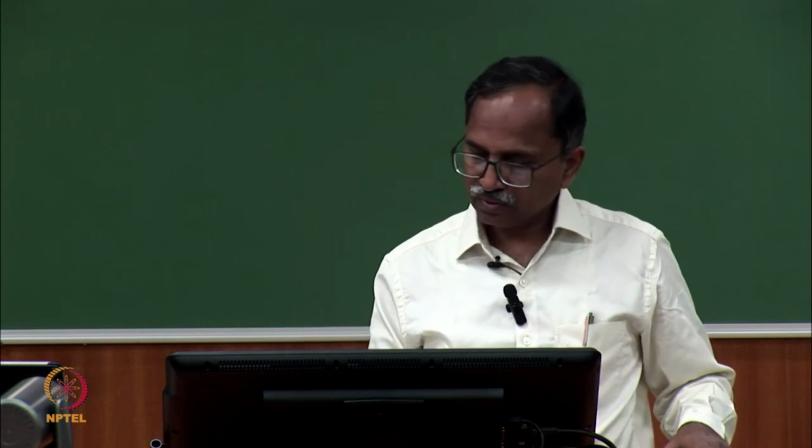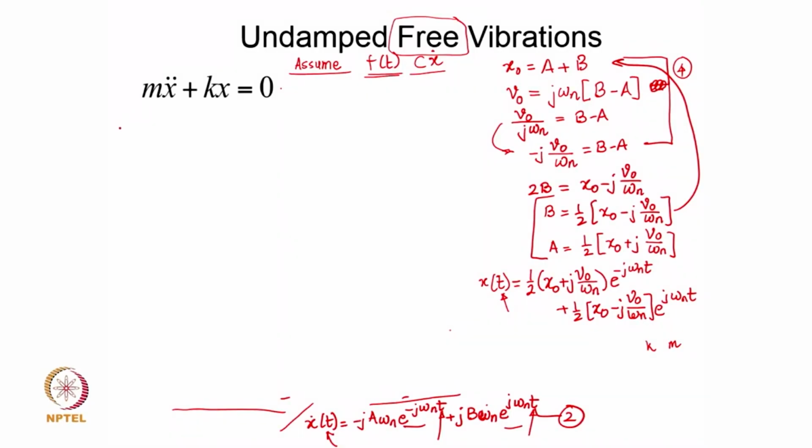So, I have this equation already there. I will write it this way: x of t is, for convenience sake to start with, instead of using all of these, I will write this particular term as a plus j b, and then this of course becomes a minus j b, right. Where a is x naught and b is v naught over omega n, just for convenience sake to derive the final expression. Or maybe this is x naught by half and this becomes half. So, I will take care of this half as well. So, essentially I am writing this equation here as a plus j b,